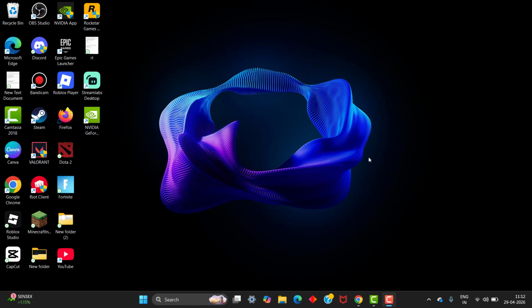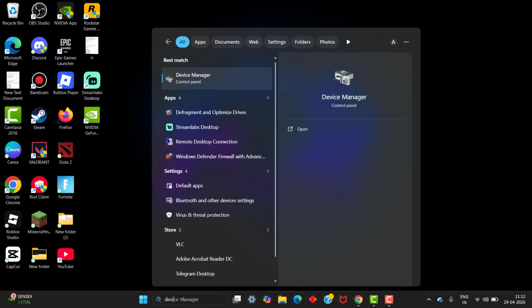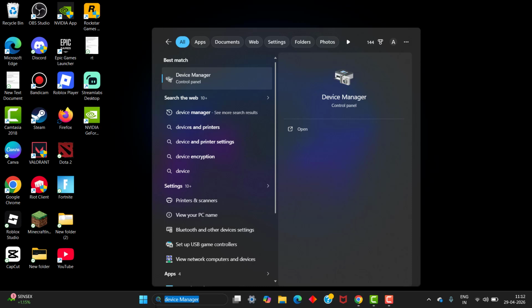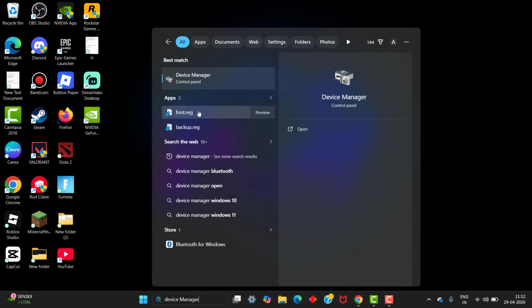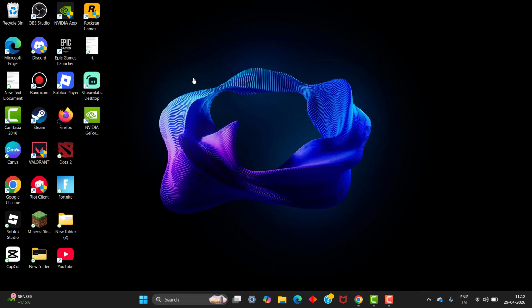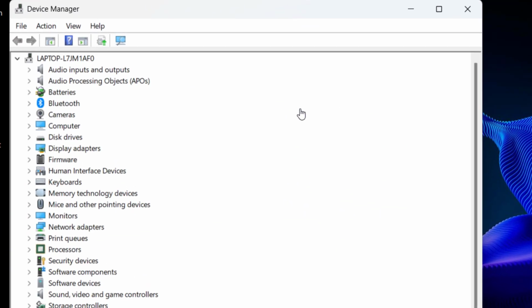In this video, how to disable the laptop keyboard when an external keyboard is plugged in. For this, you need to go to Device Manager, find Device Manager and click it. Once you click this, this pop-up will appear. In this window, to go to our keyboard, click the keyboard options,